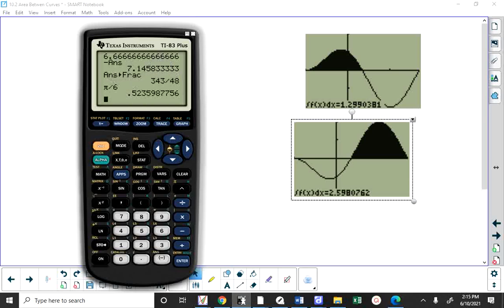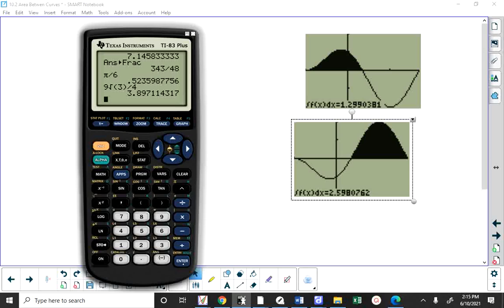Help me out. Did we have 9 root 3 over 4 as an answer? Suspense is killing me. If you add 1.299 and 2.598 together,